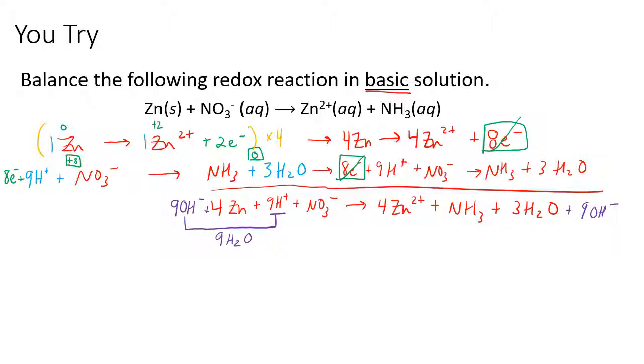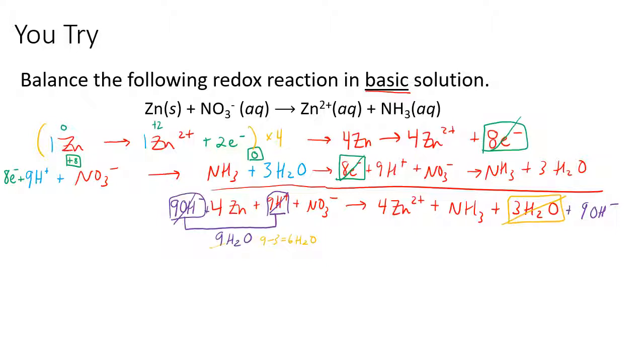So we get 9 water molecules from the combination of the hydrogen and the hydroxide. And we can simplify further. We have 9 water molecules on the left, and we have 3 water molecules on the right. All 3 of those water molecules will cancel, and we'll have 9 minus 3, or 6 H2O left over on